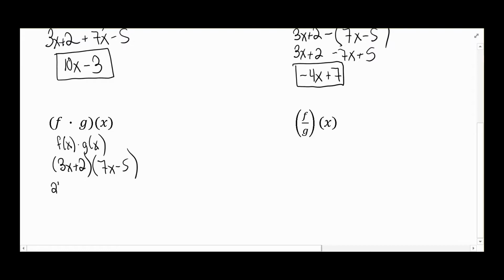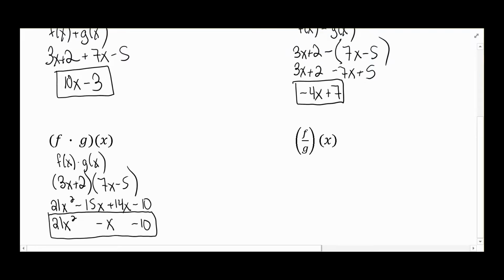So my first is 21x squared. My outside is negative 15x. My inside is 14x. And my last is negative 10. And then I would just combine like terms. And that's multiplication. Now, division is actually even easier. So division